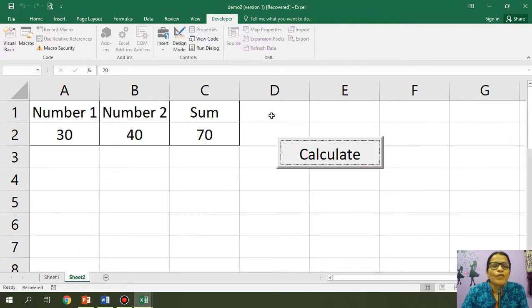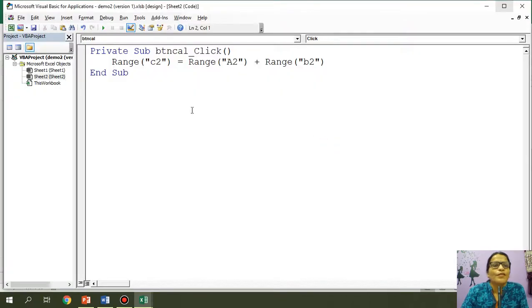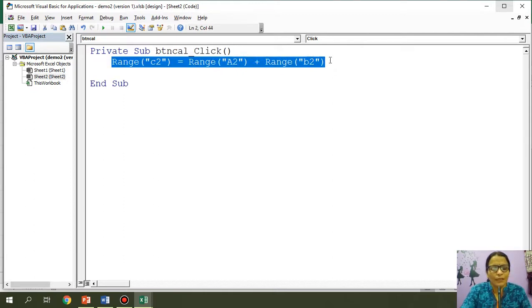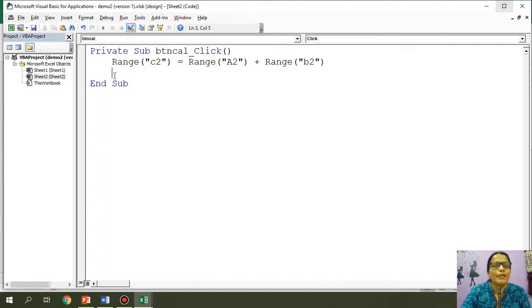Okay, suppose I want to find the difference, then the procedure is the same. I will take this cell address minus this cell address, and I should get the answer in D2. Okay, we'll just try that also. So here I will say, this will be repetition, and only some things I'll have to change. So I'll just copy paste. This time I want the answer not in C2 but in D2, and A2 minus B2.